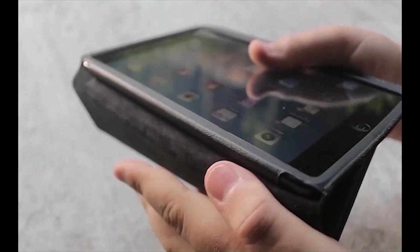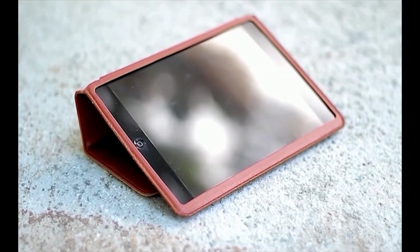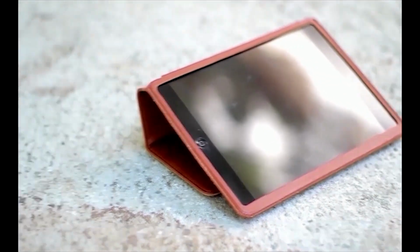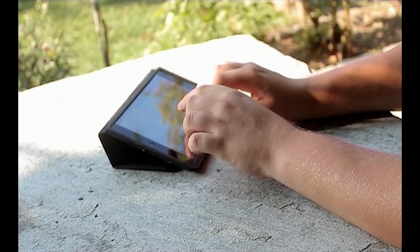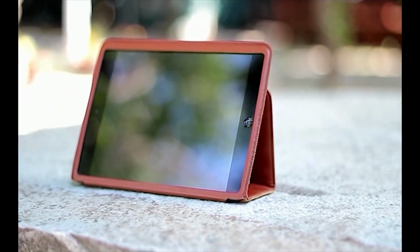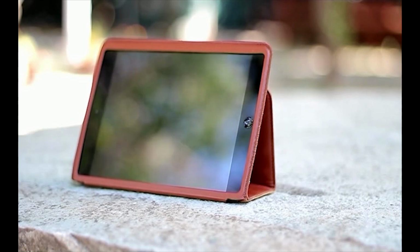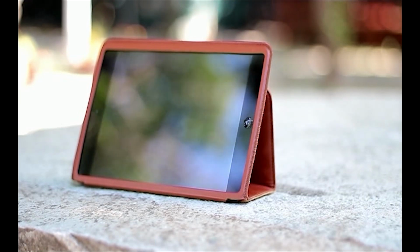Well, surprise, the Berlin iPad mini case is not only a case, but it is also a stand. Take the front cover, bend it at the middle fold, and insert it into the flap on the back. You can actually position it in two different ways, standing up, or you can push it down for a subtler, more gradual incline. The standing position is useful if you or a couple friends would like to watch a video, or you want to use your iPad as a digital picture frame. With the subtler incline, it is useful if you want to use it at the desk for a little tap,